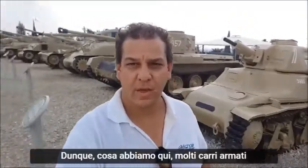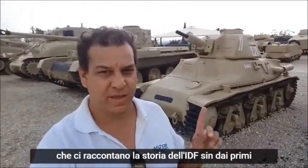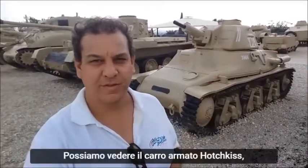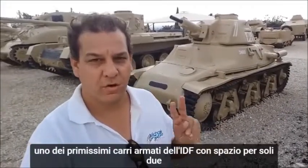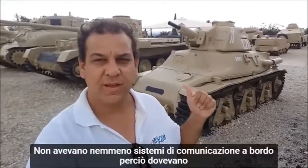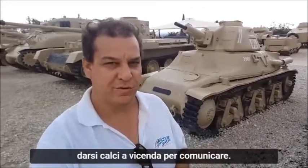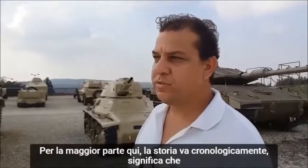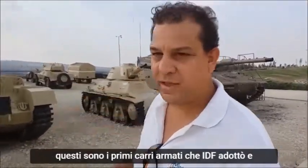So what do we have here? Many tanks. They actually tell the story of the IDF from the very first day. Here we can see the Hotchkiss tank, one of the very first tanks of the IDF. Only 2 crew members. They didn't even have communication systems, so they had to kick each other in order to communicate. So here most of the story goes chronologically, meaning that these are the first tanks that the IDF had,